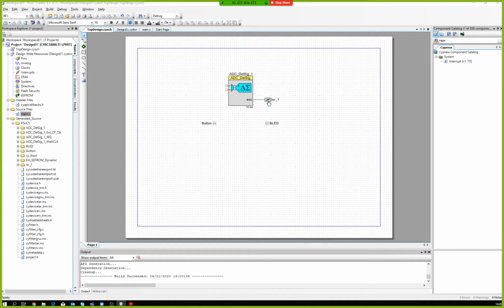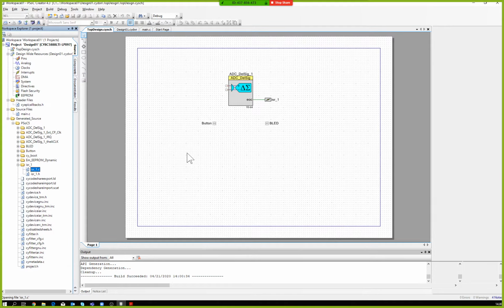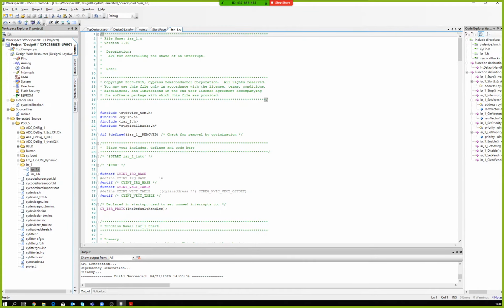Now you have the interrupt service routine, and inside of that one you have a place to put your own code,